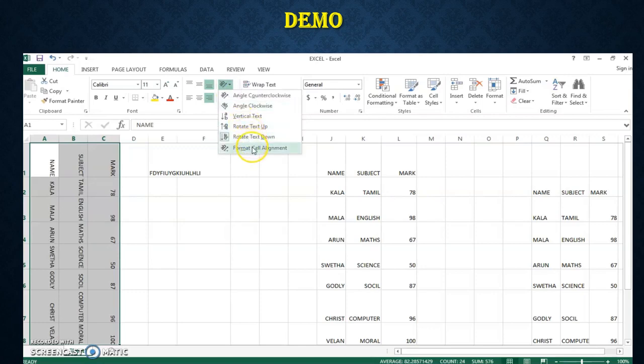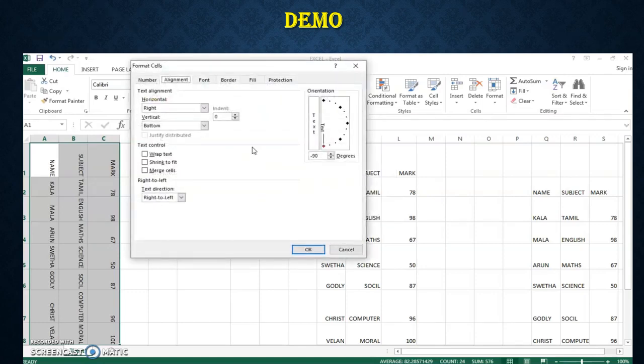If you click Format Cell Alignment, inside that Format Cell Alignment box, everything is there. Now we did it separately, right? Here inside this alignment box, more options are there. One by one you can click it and check it. What are the possibilities there? How can we change it? Everything is inside the box itself.